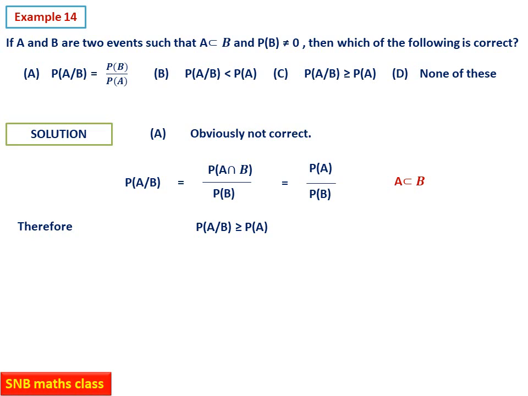A equal to say {1, 2} only. B equal to {1, 2, 3}. Then check. So equality holds. And one more thing here is probability A given B equal to probability A by probability B. So that is given. Therefore, definitely you can say that C is the option. So students, please note, in such questions where there is a trick, the best thing is, because it should be true for any such events A and B, you take an example and then verify whether B or C, because proving becomes difficult. So C is the correct option here.